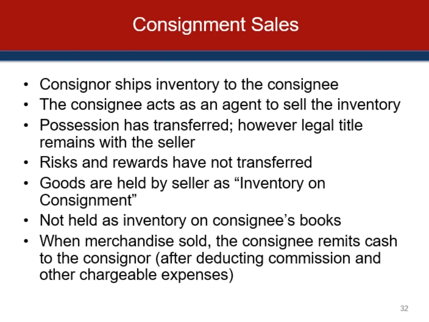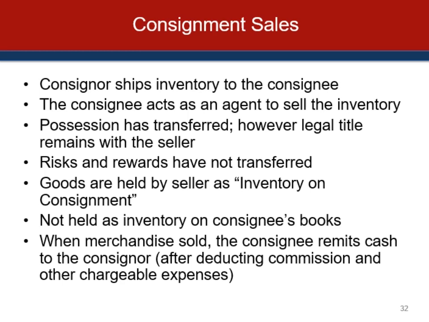The consignee remits to the consignor cash received from the eventual customers after deducting a sales commission and any chargeable expenses. And so in consignment sales, the consignor uses a modified version of the point of sale basis of revenue recognition. So the consignor recognizes revenue only after receiving notification of the sale and the cash remittance from the consignee. The consignor carries the merchandise as inventory throughout the consignment, so it's still the consignor's inventory, so it's separately classified